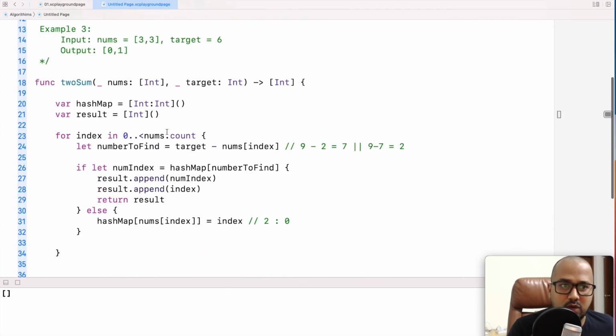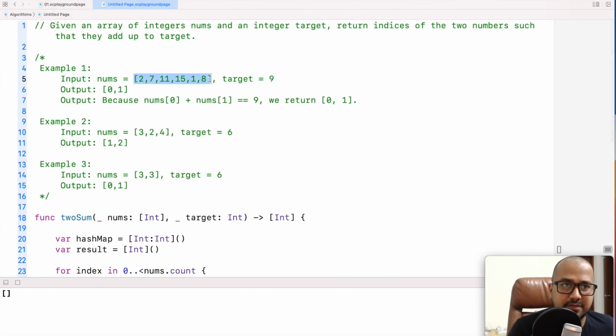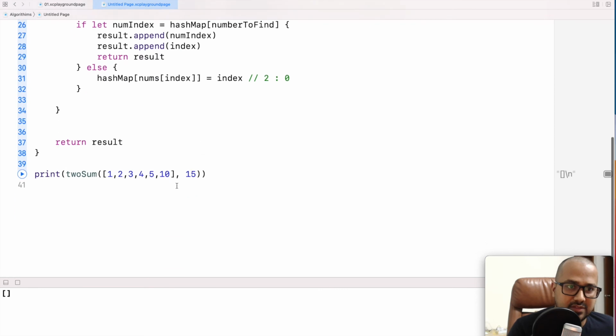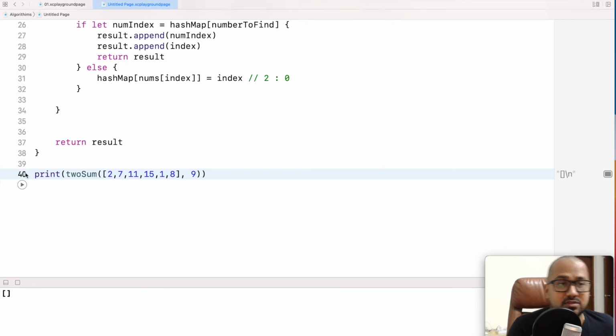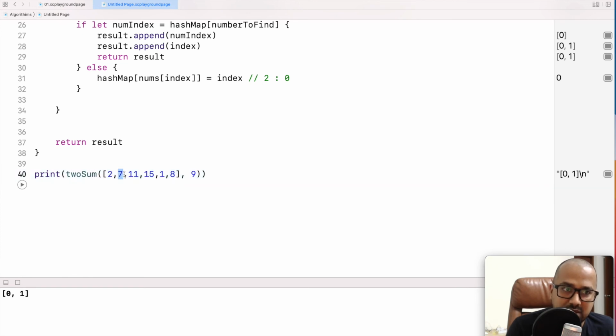So now I'll go and I'll just copy the very first one, the first array, and I'll say give me, boss, elements which add up to, let's say 9. Okay, and run it. So what all indices I should add? The value at 0 and value at 1. So let's see if we can find something else. Okay, let me make it 10.